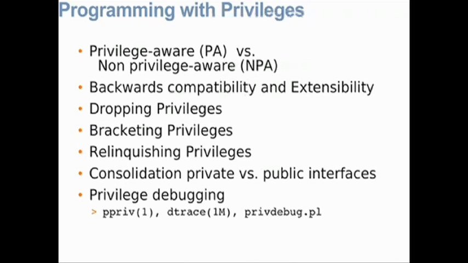a program. There's a built-in program called ppriv that will list all the privileges with a localized description of what they're used for. It can also be used in a limited way to find out what you're missing or what you're using. And then there's a privilege debug Perl script that myself and Glenn Burnett wrote that matches a blueprint